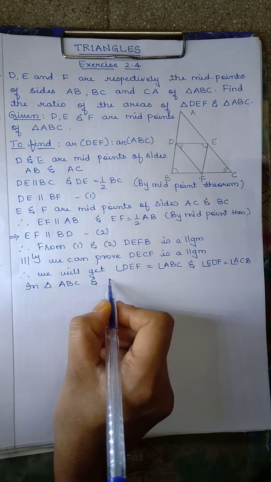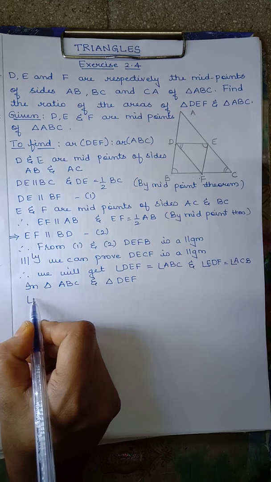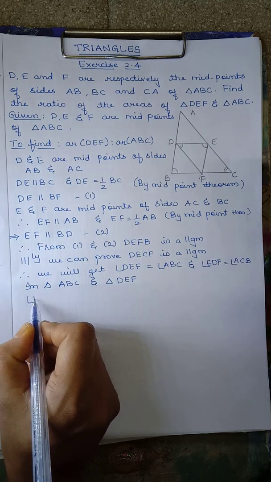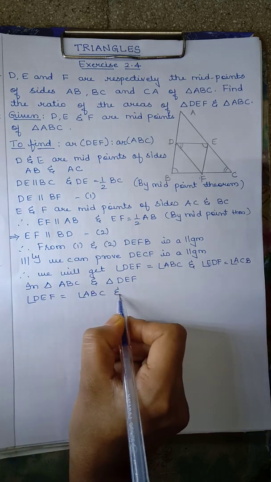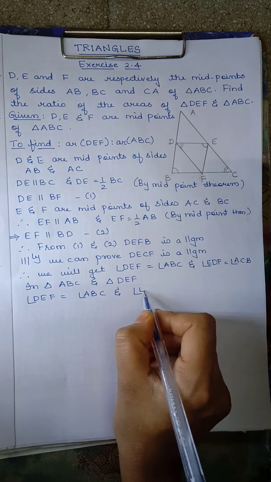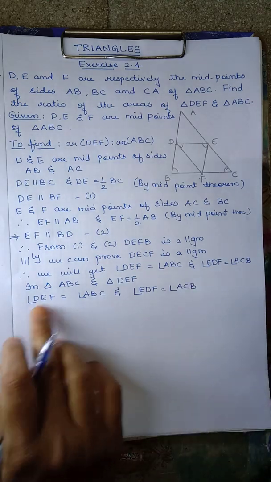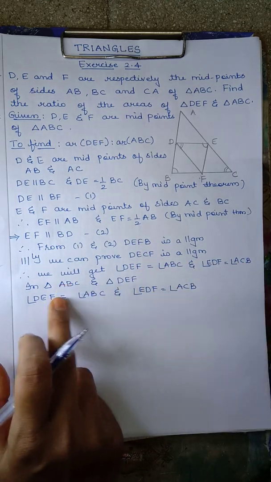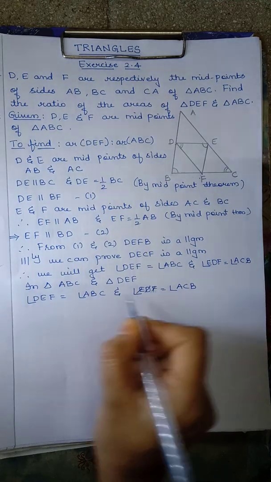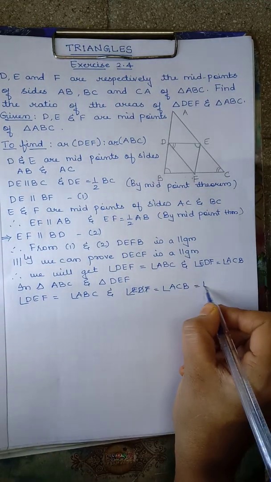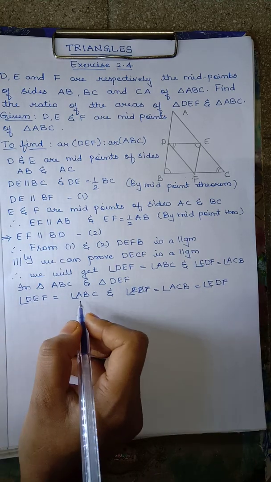Okay, so now you can write in triangle ABC and triangle DEF, angle DEF is equal to angle ABC and angle EDF is equal to angle ACB. Okay, these two angles are equal. We have proved here these two angles are equal in triangle ABC and DEF. So first when you have written ABC, write ACB angle and then write angle EDF, children. Okay, here also ABC you write here and then write